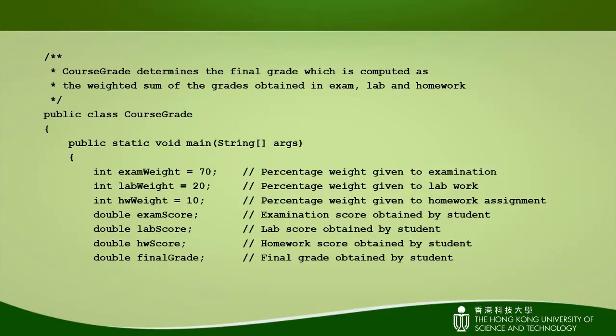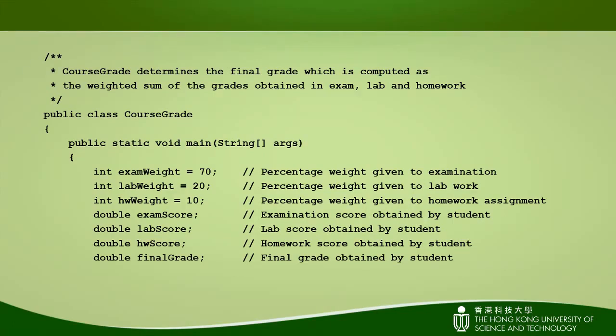Let's now use the course grade example to illustrate the effect of declaration and execution of a program. As discussed, the declaration of an identifier, in addition to defining its data type, also allows the computer to do memory allocation when the program is executed. In this program, 7 identifiers, namely exam weight, lab weight, homework weight, exam score, lab score, homework score, and final